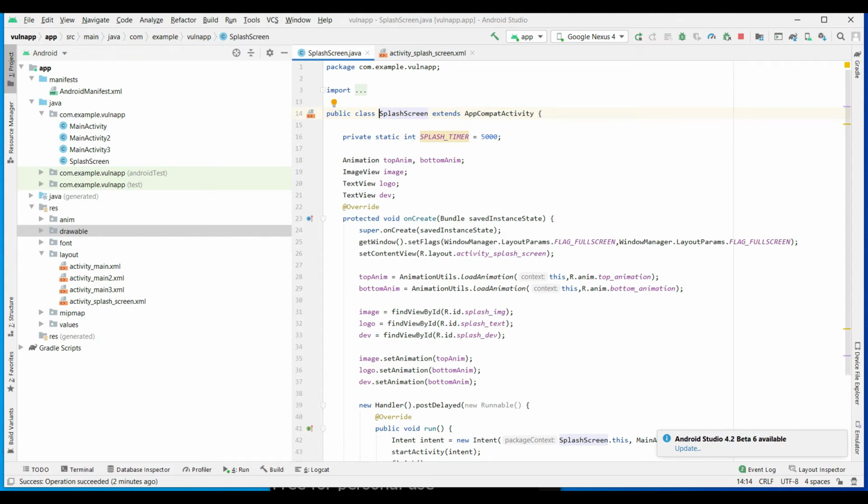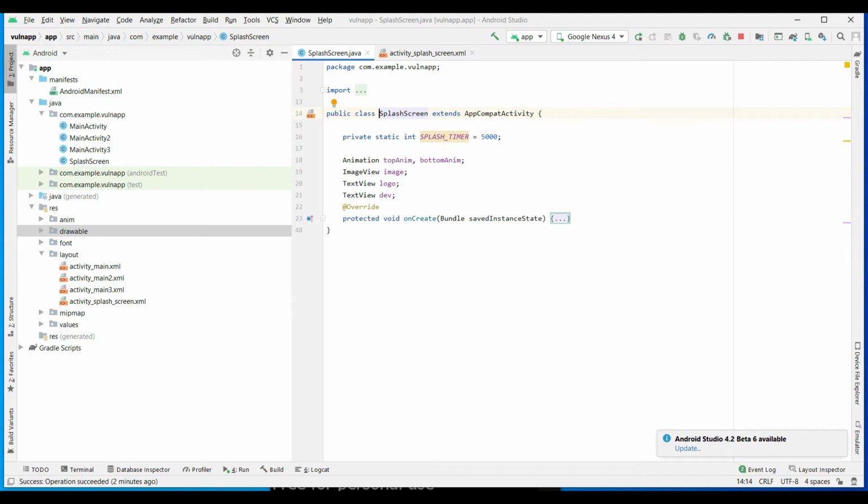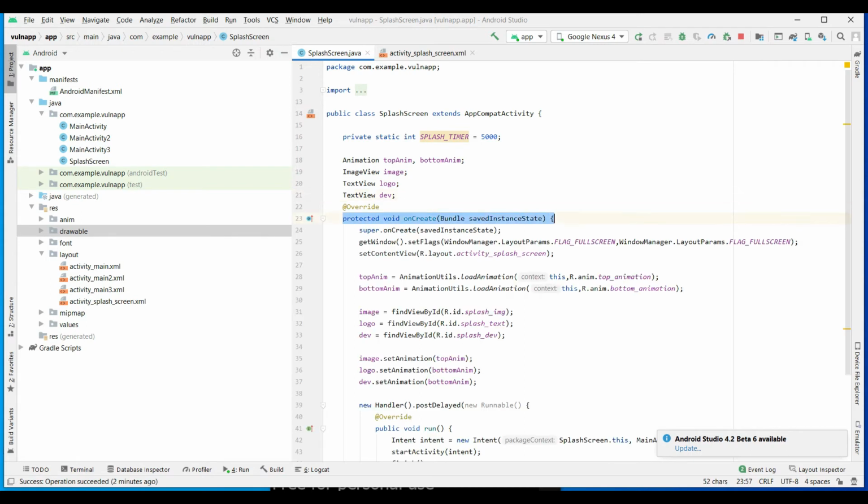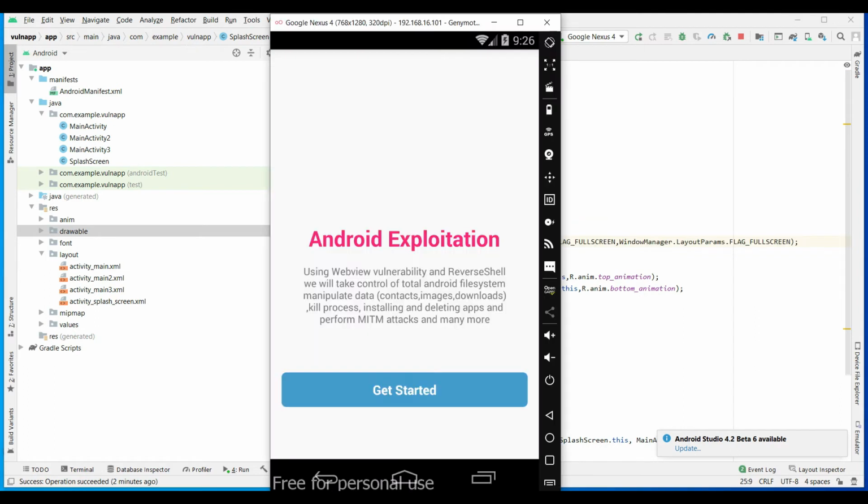These are all the variables we have declared for this activity, so no need to worry. This is a main class inside an Android application. Public protected void onCreate, the main method inside a Java activity. After that, super.onCreate is the main function, the main thread which will be starting. This next thing is not mandatory.